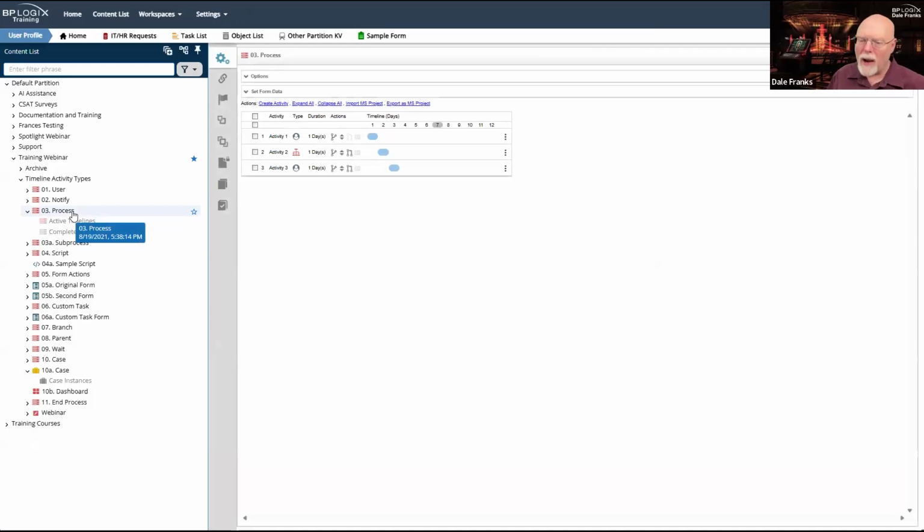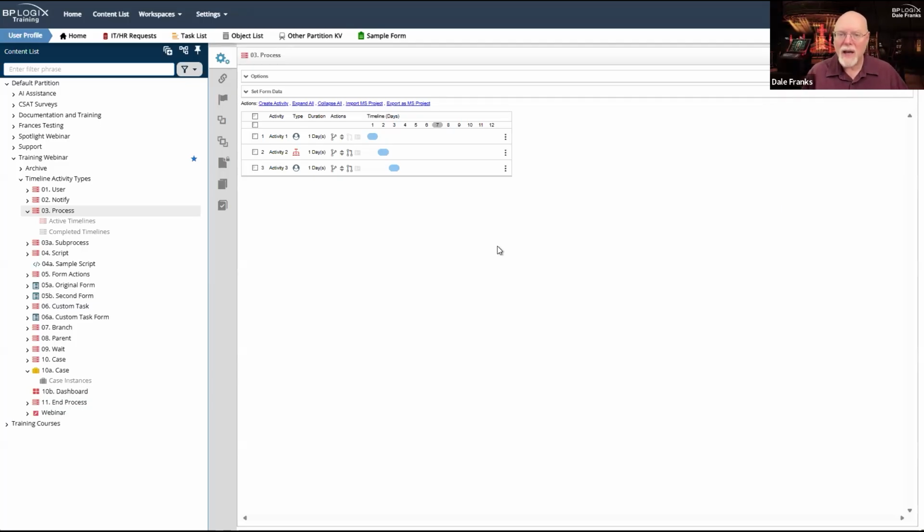There is an alternative way of calling a sub-process because you don't necessarily have to make your parent process wait until the sub-process is done. You can run a sub-process asynchronously. The way that you would do that would be to call the run process custom task from a custom task activity. If you do it that way, the custom task will invoke the sub-process, but the parent process can continue through the rest of its approval steps or whatever other steps you have. And the sub-process will run asynchronously, which means I don't have to synchronize my parent process with my sub-process. They can both just sort of run independently.